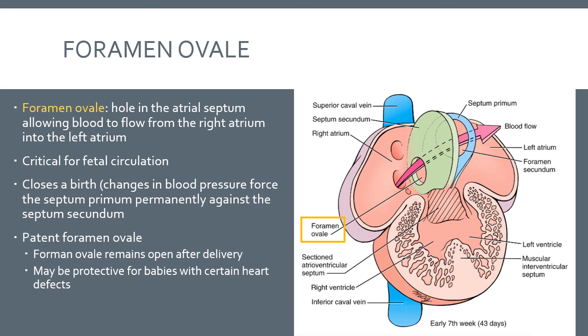There are some children who are born with what's called a patent foramen ovale, or PFO. Essentially, a foramen ovale stays open after they're born. It's not usually something that requires correction, although it can. It's not immediately life-threatening, but ultimately would need to be fixed if it doesn't go away on its own. But there are babies with certain heart defects who actually benefit from having a patent foramen ovale, because for certain heart defects where blood isn't circulating properly anyway, having a shunt between the right and left atria may be